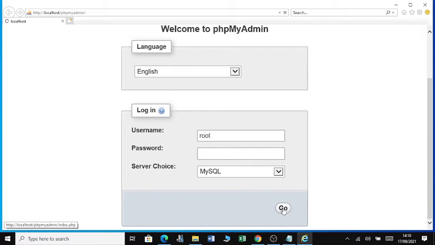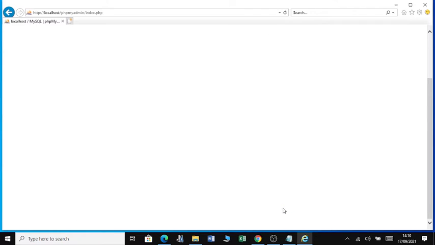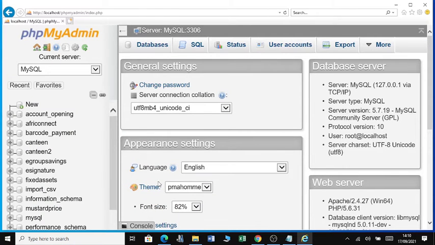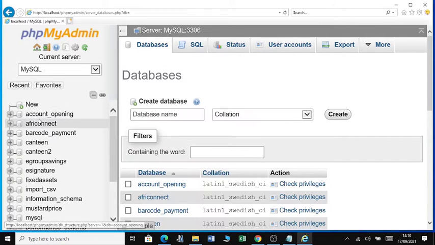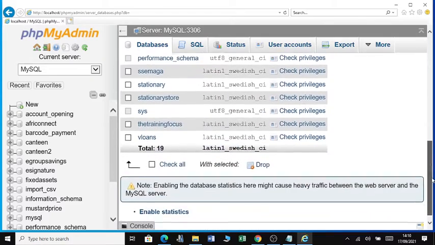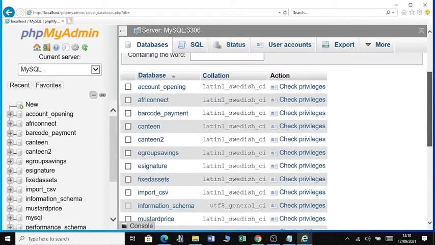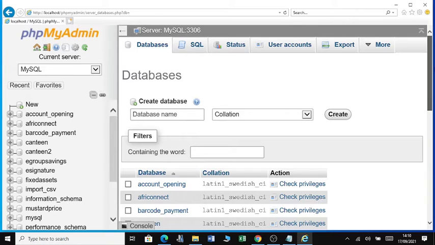So I'm going to show you how your databases will be managed. Give you a high-level highlight of database management. As you can see, these are my different databases. When I click databases, it takes me to the different databases which are here. You can see I have a number of databases that I created. I'll give you more details on how to create these databases, but